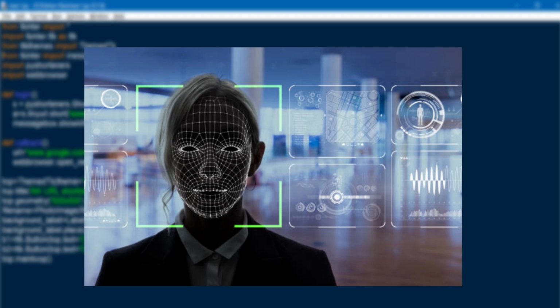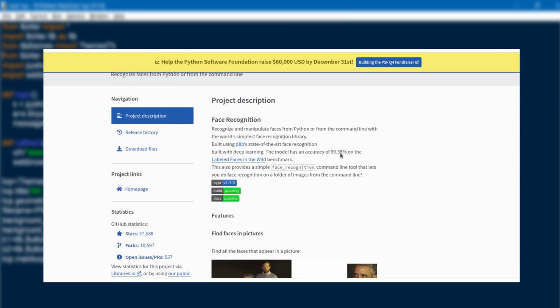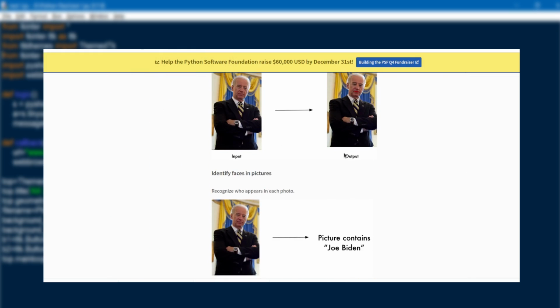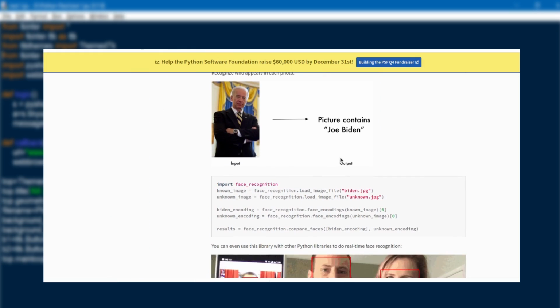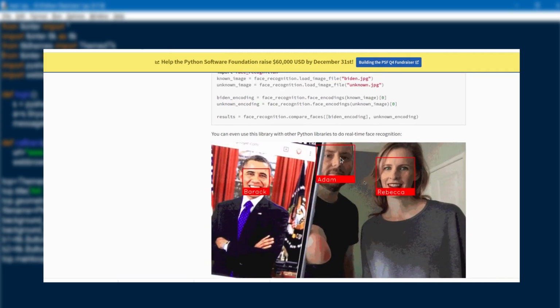In this video we are going to see how to perform face recognition using Python. This video is about face recognition, not face detection. Probably you know the difference between the two. In this video we are going to use one popular Python package named face recognition. The developers of this library say that this is the world's simplest face recognition library to recognize and manipulate